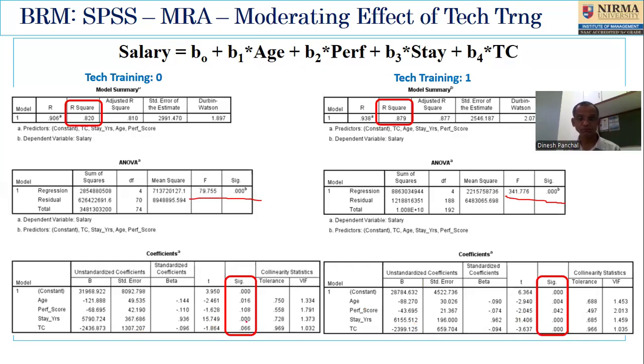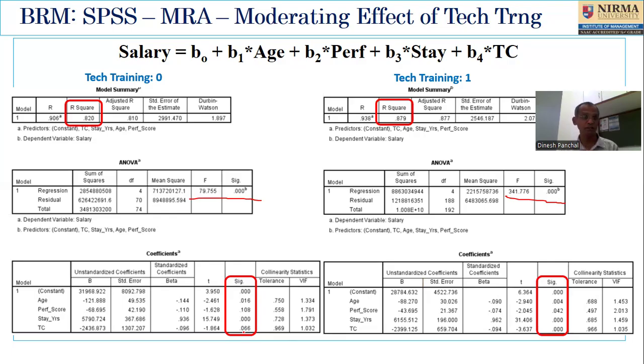And in case of TC, for the people who have been given technical training, TC is a significant parameter. But in case of employees who are not given technical training, it is not a significant parameter. So that's a moderating effect. Wherever the technical training is given, TC does influence, and in other cases, it does not influence. So here, we can say that the technical training does